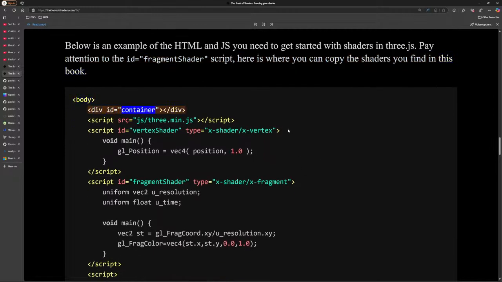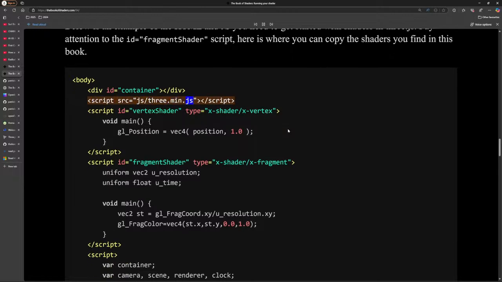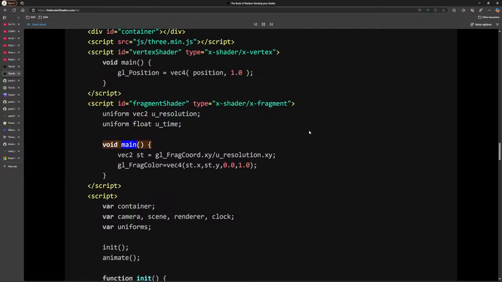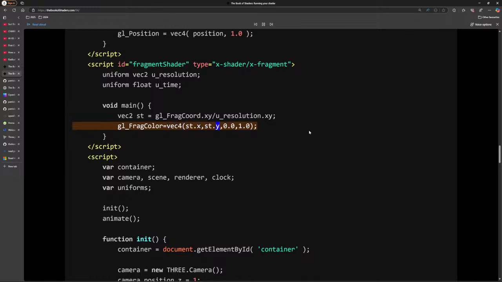body, div id="container", script src="js/three.min.js", script id="vertexShader" type="x-shader/x-vertex", void main() { gl_Position = vec4(position, 1.0); }, script id="fragmentShader" type="x-shader/x-fragment", uniform vec2 u_resolution; uniform float u_time; void main() { vec2 st = gl_FragCoord.xy / u_resolution.xy; gl_FragColor = vec4(st.x, st.y, 0.0, 1.0); }, script, var container; var camera, scene, renderer, clock;